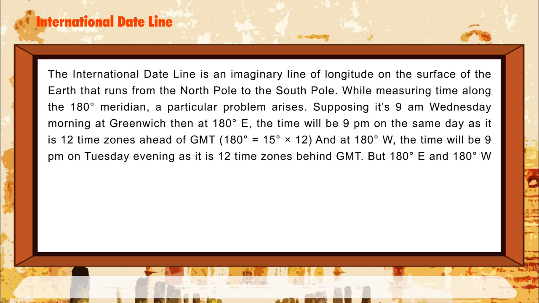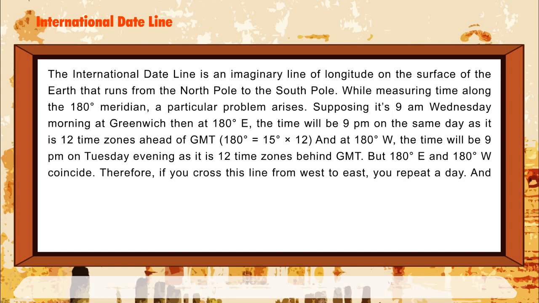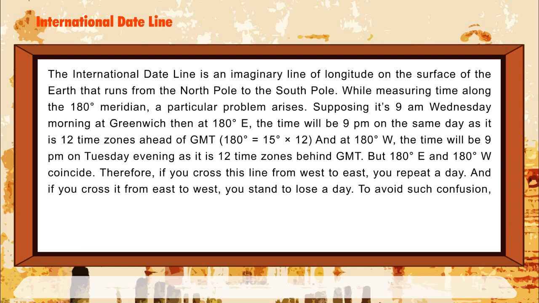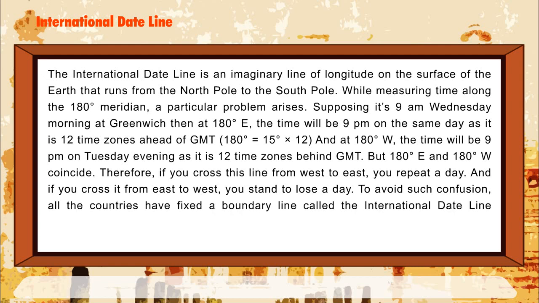But 180 degrees E and 180 degrees W coincide. Therefore, if you cross this line from west to east, you repeat a day. And if you cross it from east to west, you stand to lose a day. To avoid such confusion, all the countries have fixed a boundary line called the International Date Line, which follows 180 degrees